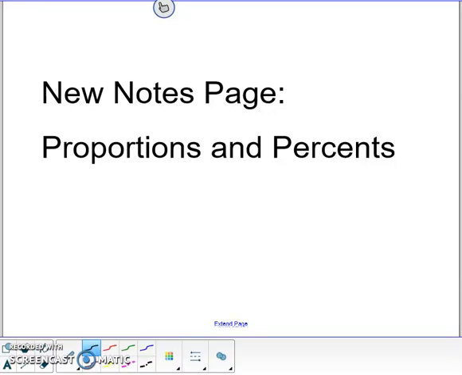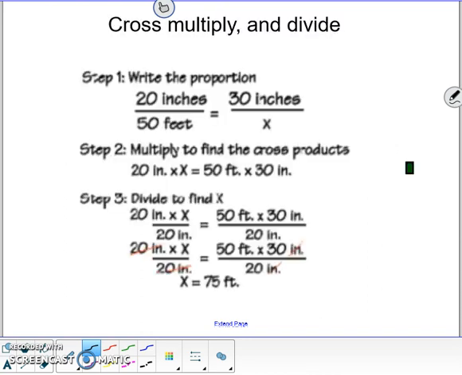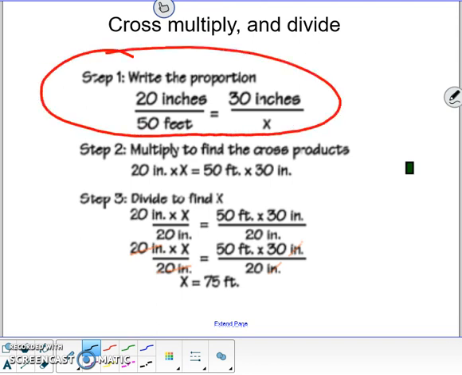Our next notes page will be called proportions and percents. What I want us to look at first is the notes page that we took for our conversion rates. This is what we're going to be using for the rest of our unit. It's called cross multiply and divide. You learned a little bit of it with our conversion rates, and now we're just going to keep